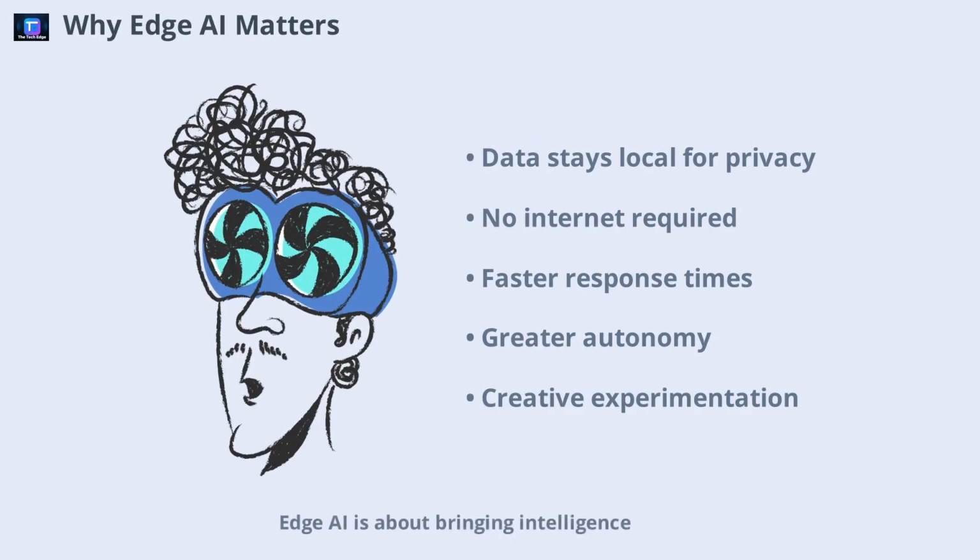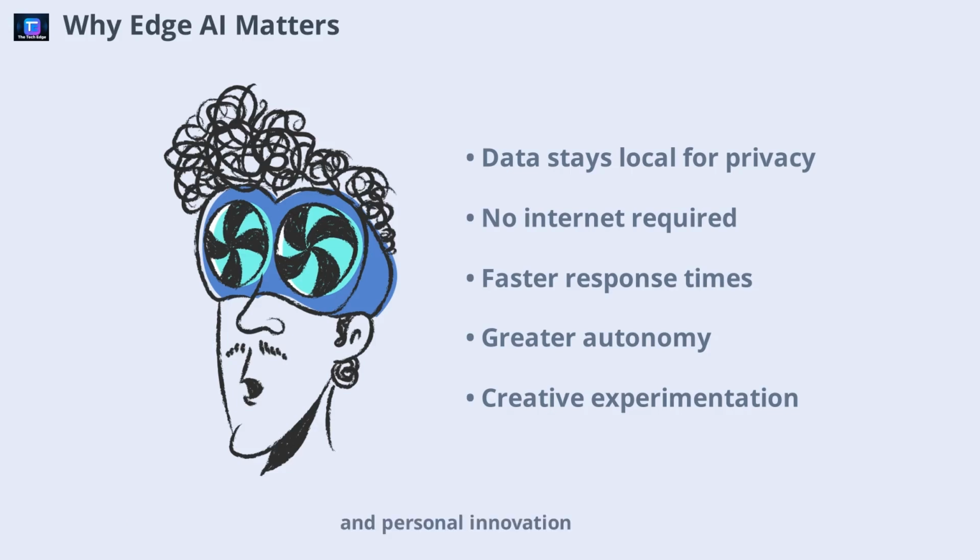Edge AI is about bringing intelligence closer to where data is generated. Instead of sending your information to the cloud, you process it locally, right on your device. This shift isn't just technical, it's transformative. Running AI at the edge means your assistant is always available, even without internet, and your data never leaves your control. For many, this means enhanced privacy, reduced latency, and the freedom to experiment creatively. In this scene, we'll discuss how local LLMs on devices like the Raspberry Pi are changing the landscape for automation,